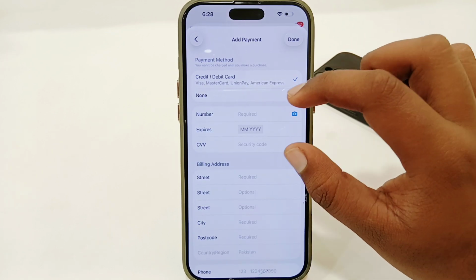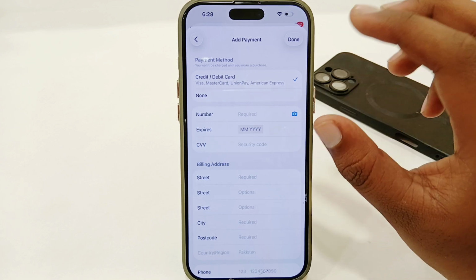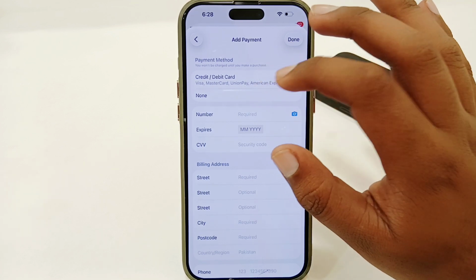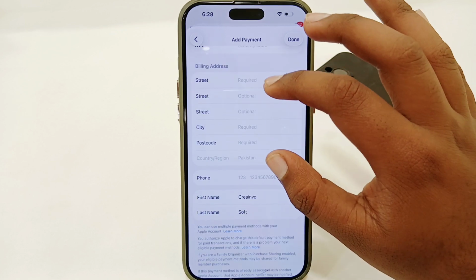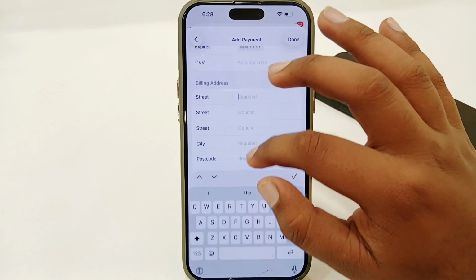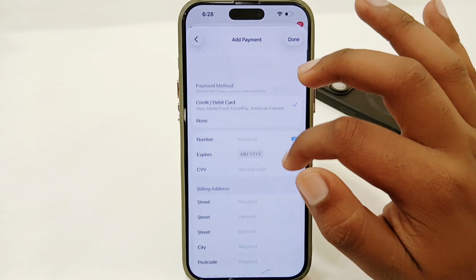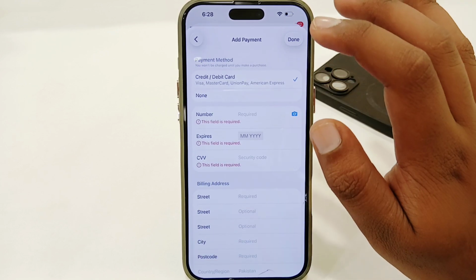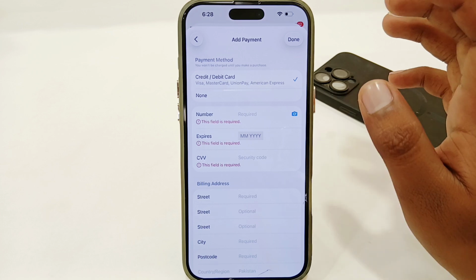So you can use this camera icon to scan your credit or debit card, or you can enter your details manually, and here's the billing address. You have to also enter this information about you, then add your phone number, and after doing all that, you just have to tap the done option in the top right corner, and your payment method will be successfully updated